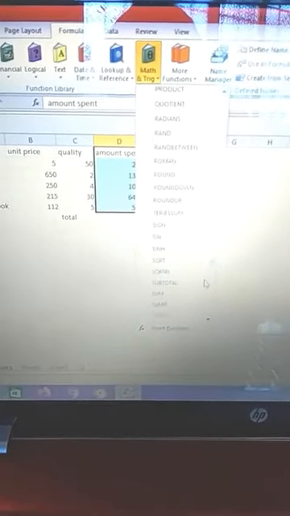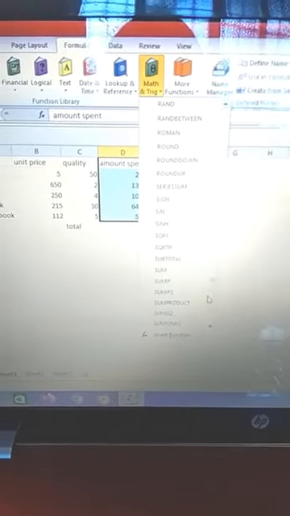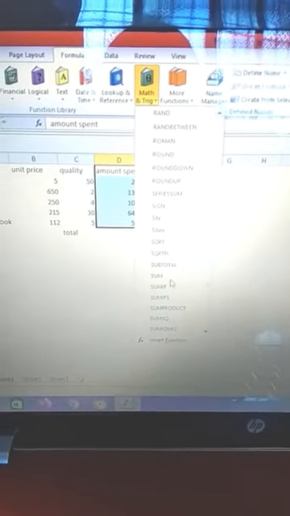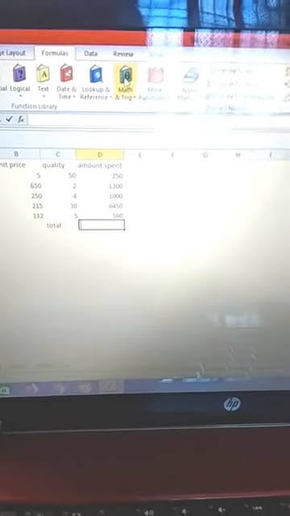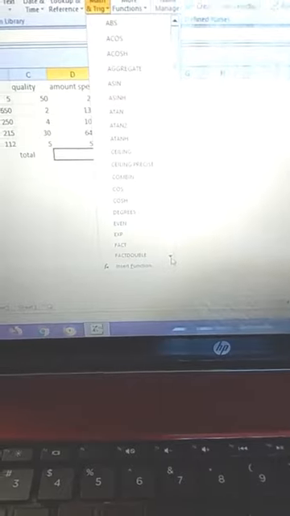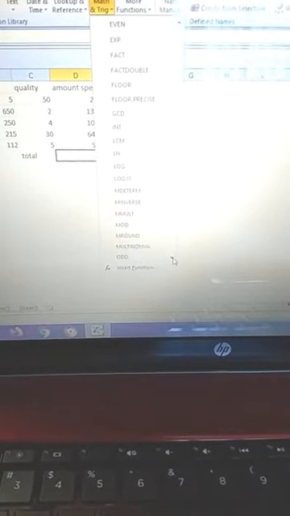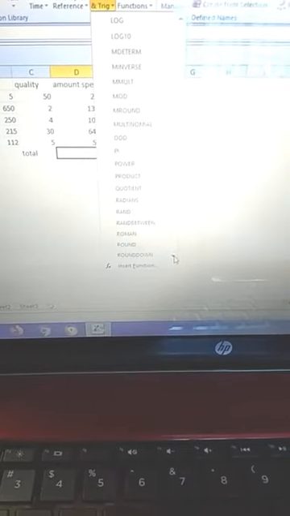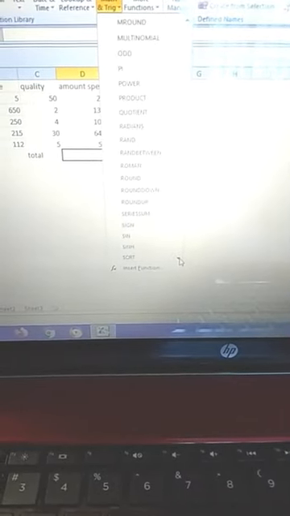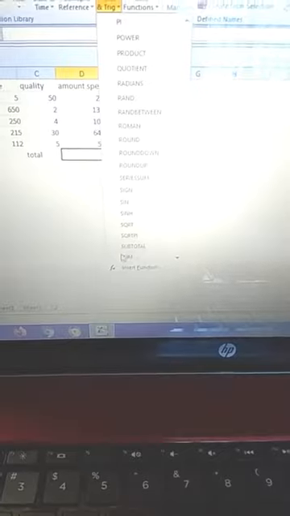Scroll it down, and here the sum option is available. We will click here in the total group, then click Maths and Trigonometry, scroll it down, and we have to select the sum option.